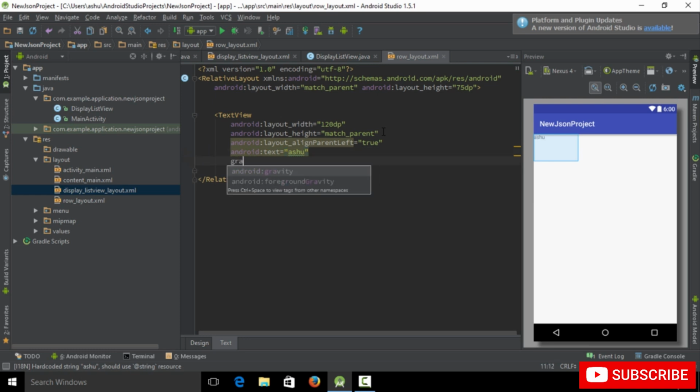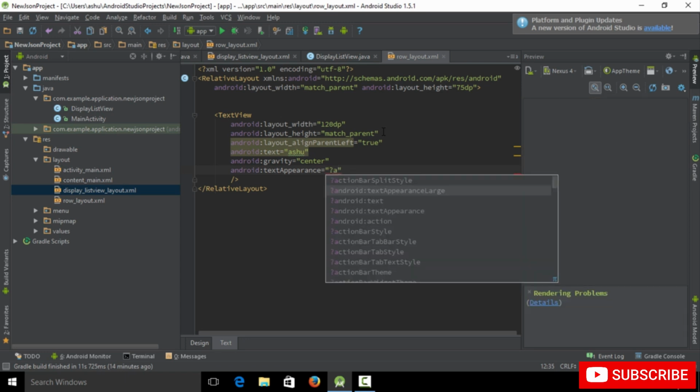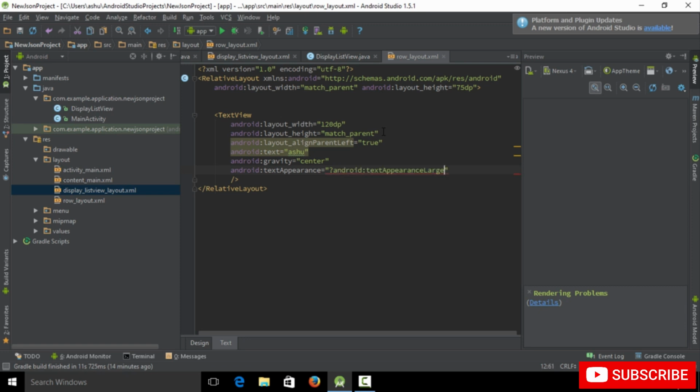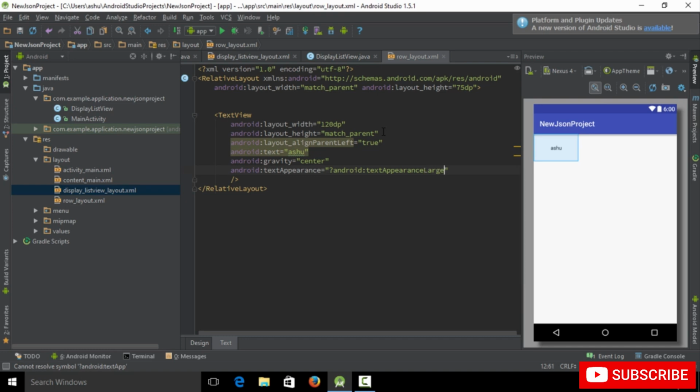and now let's assign the gravity to center. So we type gravity center, and now let's also set the text appearance. So we type textAppearance question mark android:textAppearance, and let's set the text appearance to, let's say, large. Okay, now once this thing is done, the next thing which we do is that we are also going to